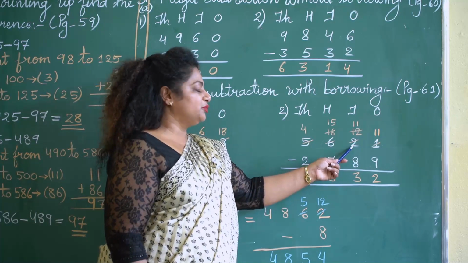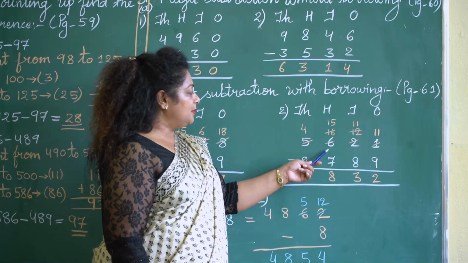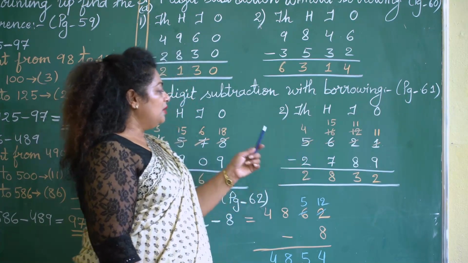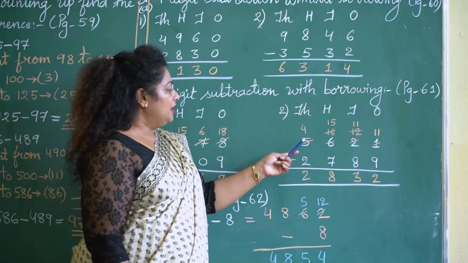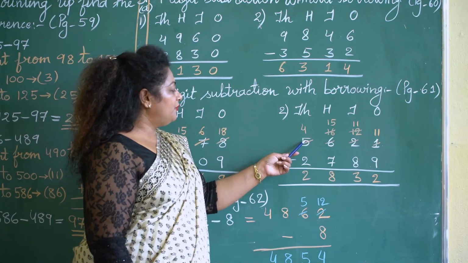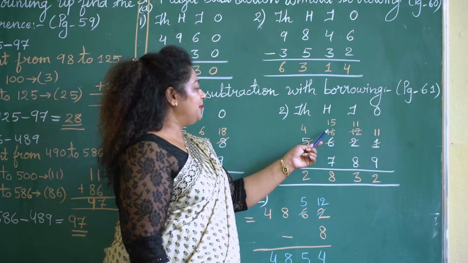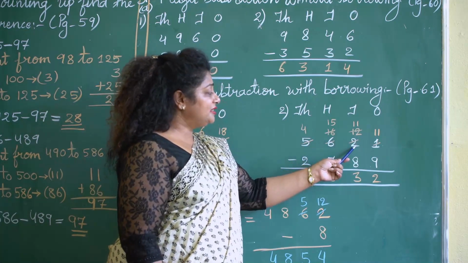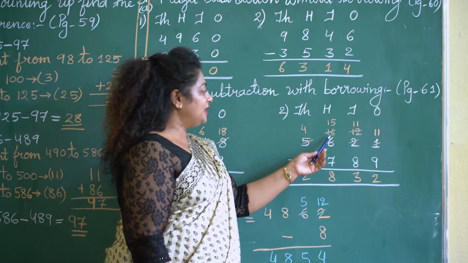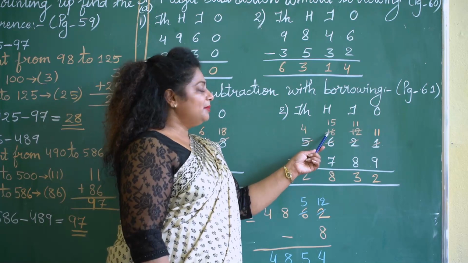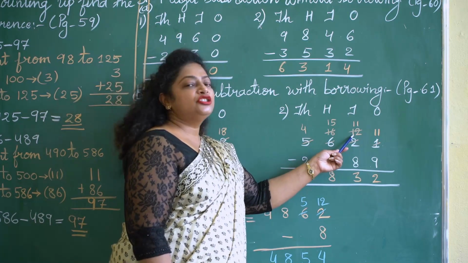But you can see this 2 is also smaller than 8. Again we are seeing that the number 6 is smaller than 7. Now that means we have to start borrowing from 5. If we take a number from 5, the number 5 will become 4 and this number 6 will become 16. But again, since this 2 is smaller, we have to borrow from 16. So let us take one number from 16. So the number 16 will become 15 and the number 2 will become 12.